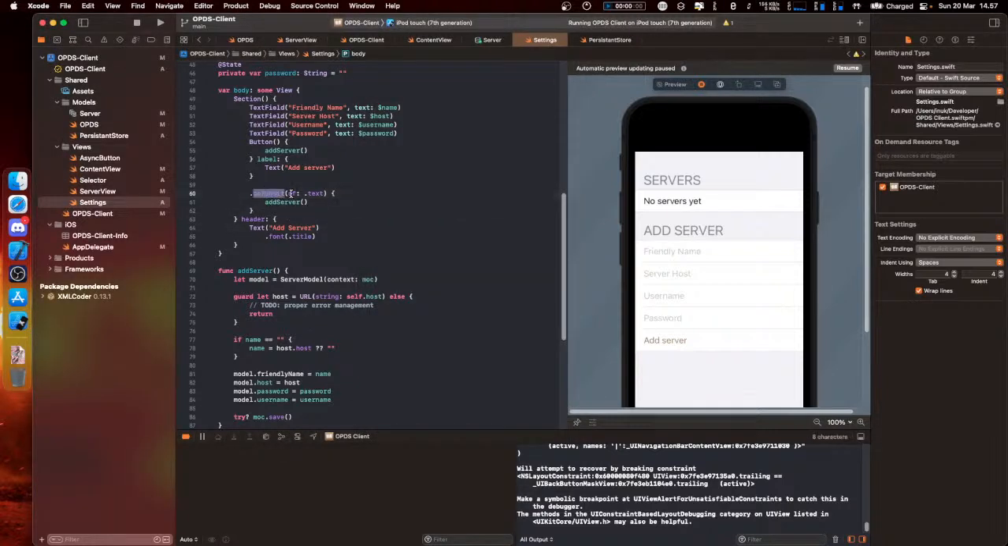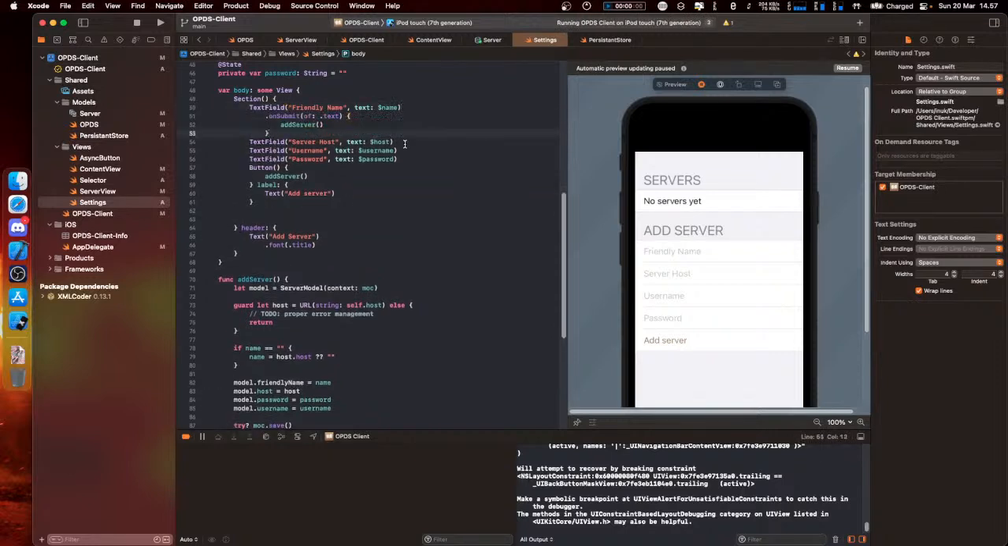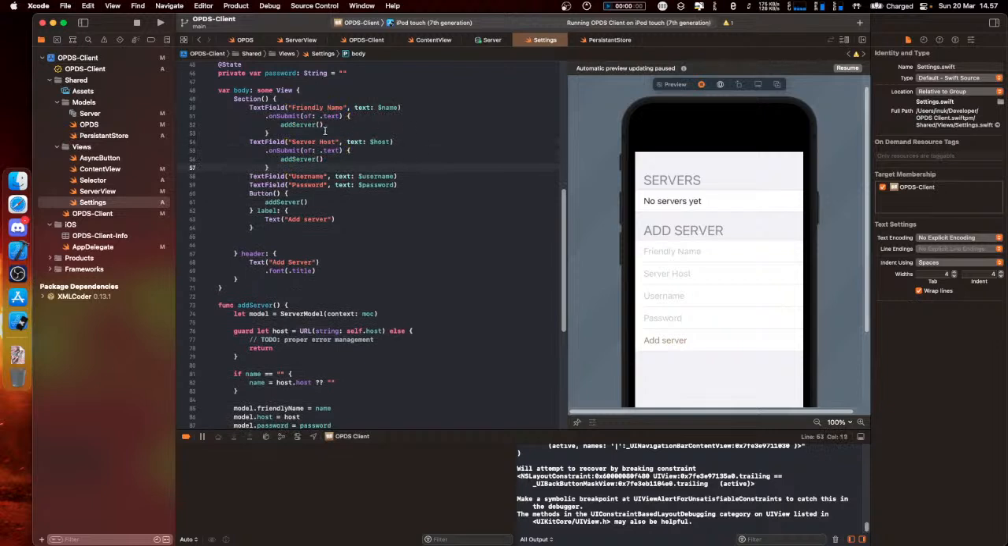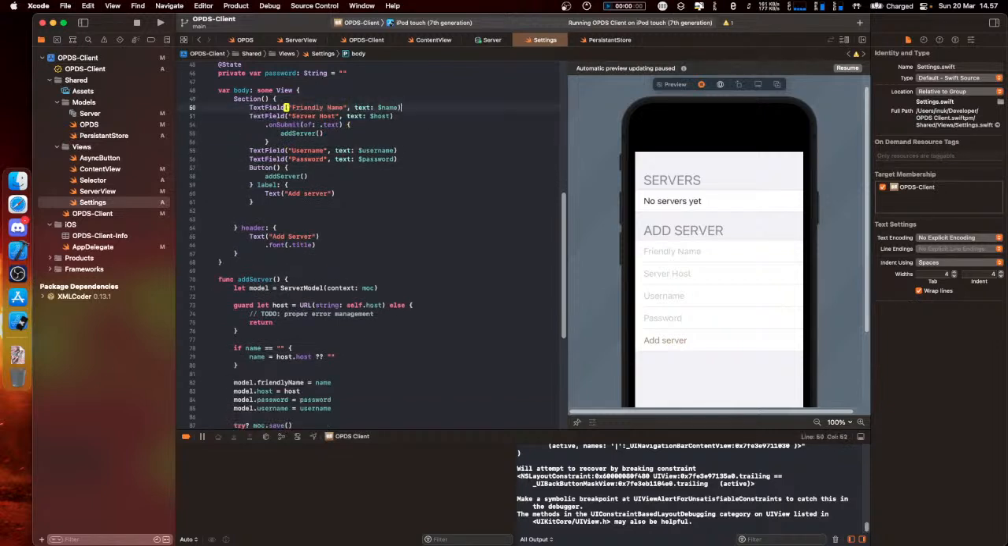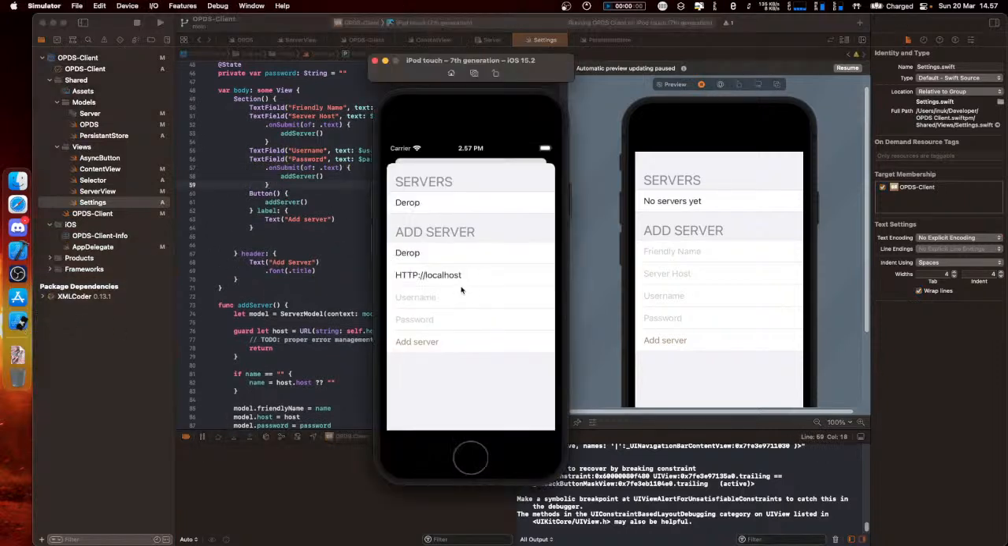So unsubmit is going to be related to button. Am I really going to have an unsubmit on every single one of these? I do not want that. You know what? I actually don't want an unsubmit on friendly name, but I do want on password and I do want on server host. Okay, so